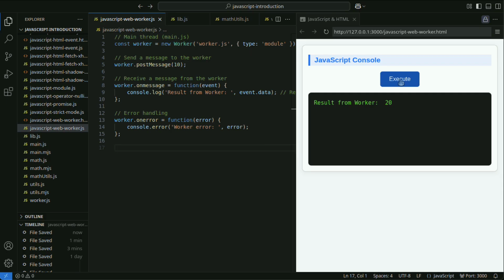Next, let's look at the features of async functions. Simplifying asynchronous processing. The async function is a syntax to make asynchronous processing more readable, internally using promise. Single thread.